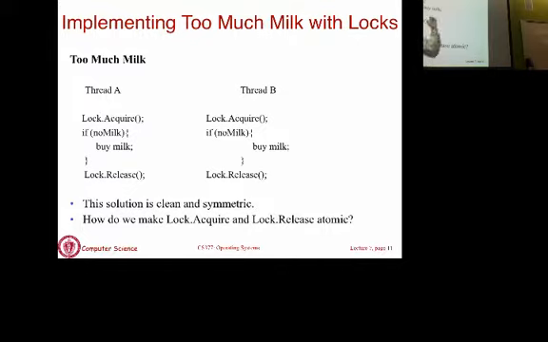Let's say thread B ran first, it got the lock. Thread A is going to wait there. So are we just using CPU time? No, here I haven't shown you how locks are implemented, but typically when you call lock acquire, that's equivalent to doing I/O. If the lock is in use, you will be put in the wait queue until the lock is available. You are not going to sit and busy wait.